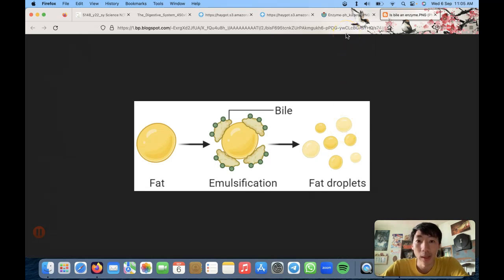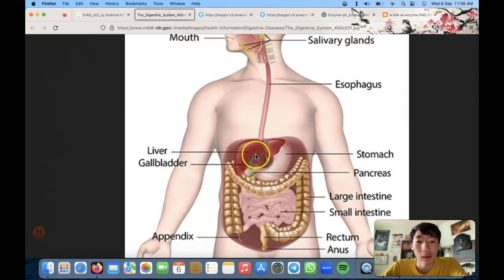Alright, so that is the function of bile. Bile is produced by what organ? That's right, it's the liver. But actually, the bile is produced in the liver but stored in the gallbladder. Because your liver is doing a lot of things, it cannot have space to store. And you can't just say, oh, food is coming, instantly make me 100 ml of bile. Cannot. It takes time to store up and load up. When the food comes, then it can release.